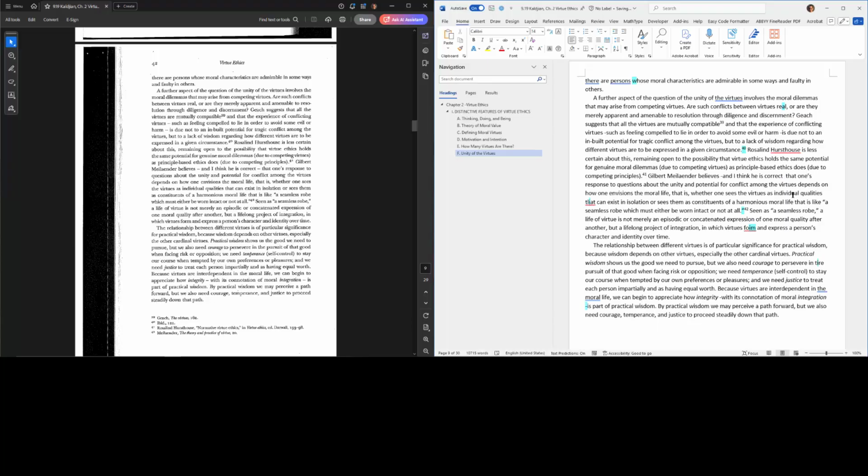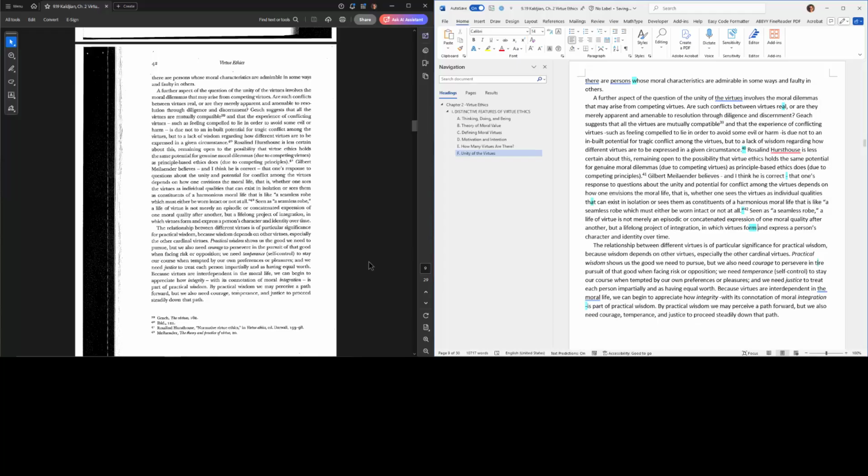It's supposed to be just a dash. And I think he is correct. That can exist from in which virtues form. In which virtues form, yes.